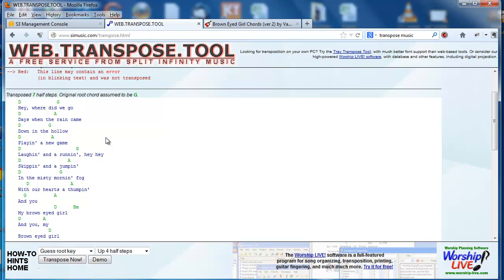So now if I was having trouble singing Brown Eyed Girl with G, C, G, D, now I can play the song with the chords for D, G, D, A. And that's kind of the new chord progression. So if I grab my guitar,